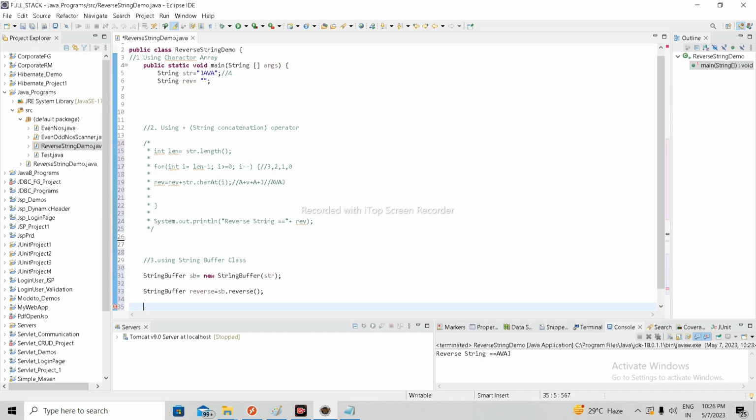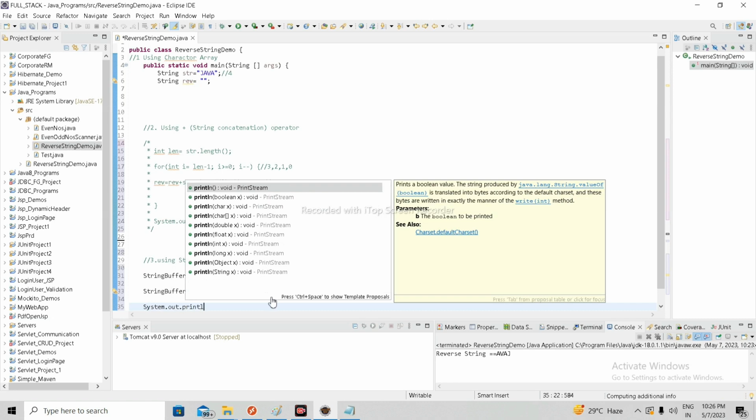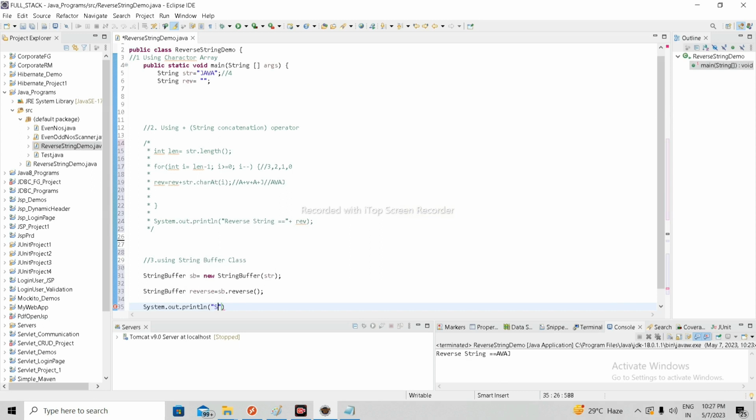So here just print out System.out.println. Then give some message, reverse string. Okay, reverse string, then simply print it, the reverse variable, then run it.